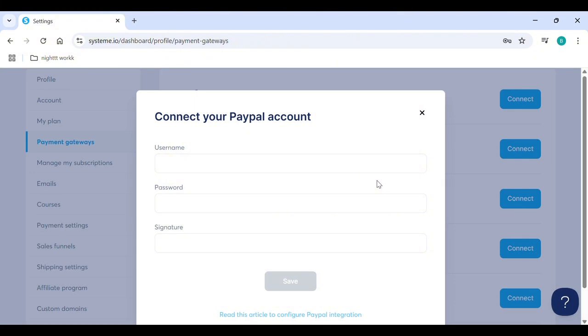Once you have your username, password, and signature, go back to System.io and enter them. After filling out the required fields, click Save, and that's it. You have successfully connected your PayPal account to